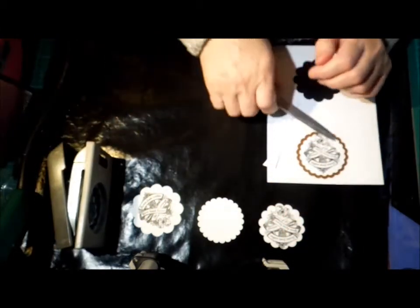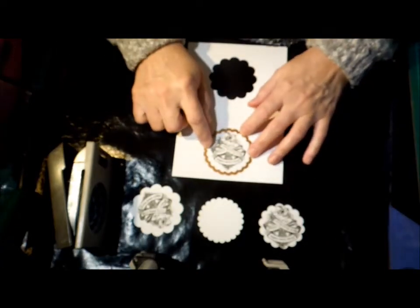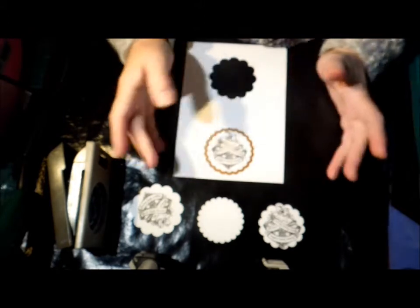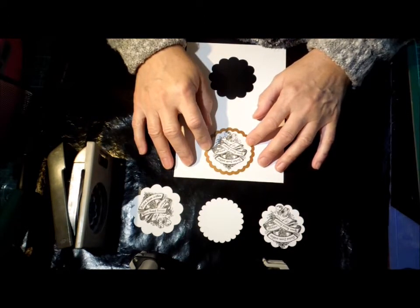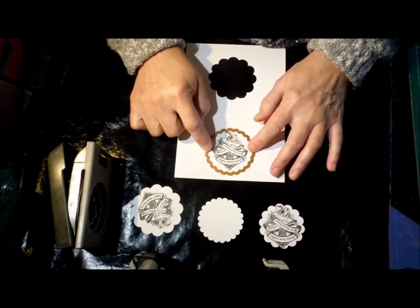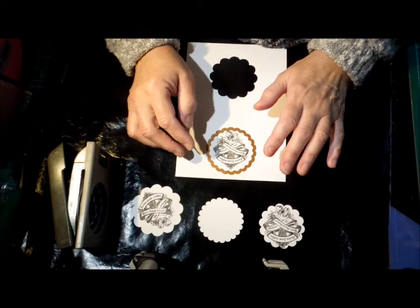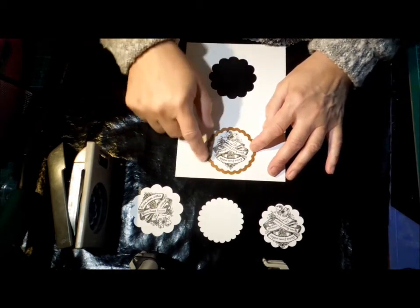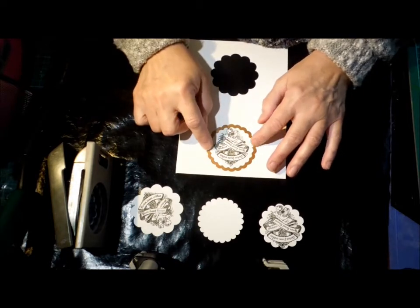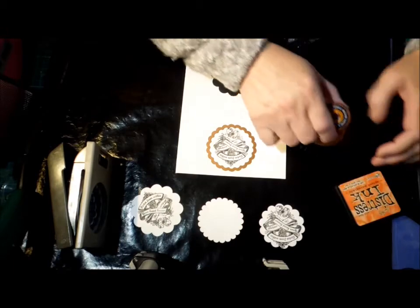So the second choice for me would be to use a die cut, a die, and run it through a die cutting machine. With that, it still doesn't have to be powered. It has the advantage that you can do it anywhere on the page. It also has the ability that you can